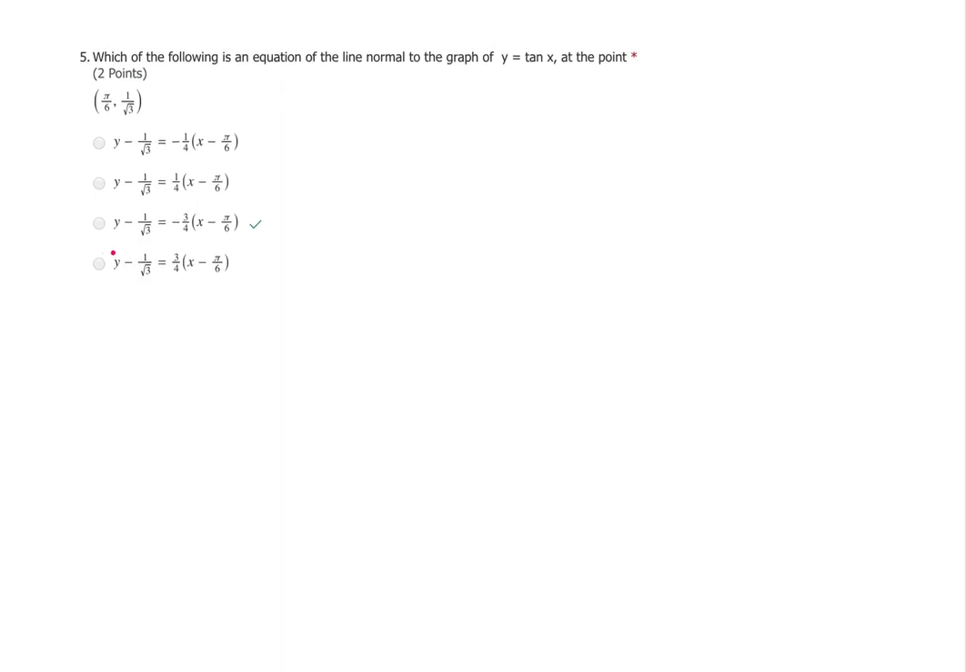Okay, question number 5 asks you to find the equation of the normal. So here's the key. We're asking for the normal line. And you had to recall that the normal line is the line perpendicular to the tangent line. So I'm going to start by finding my tangent line. Well, my slope of my tangent line. So if y is equal to the tangent of x, the derivative of y is equal to the secant squared of x. And if I wanted to evaluate this at the point pi over 6, that's going to be, well,